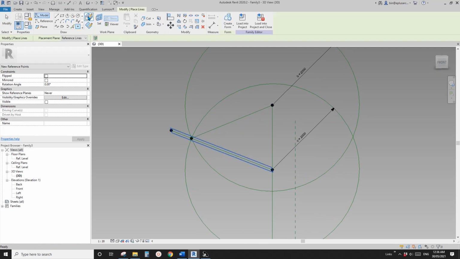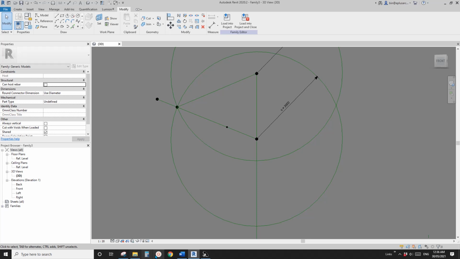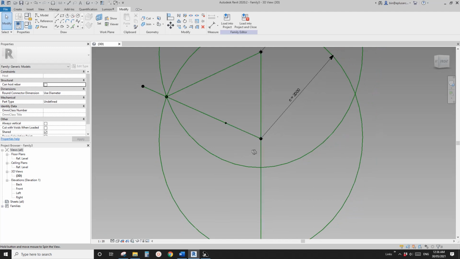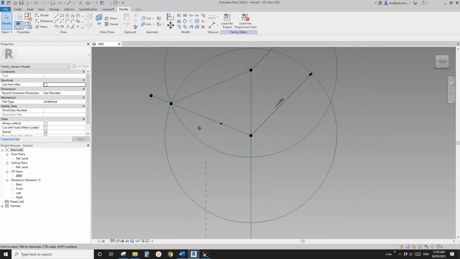Okay, so draw on face and place it on this point. And from this image, I guess this one, let's just make it always horizontal. Okay, so now to make this always horizontal from this point, we need to